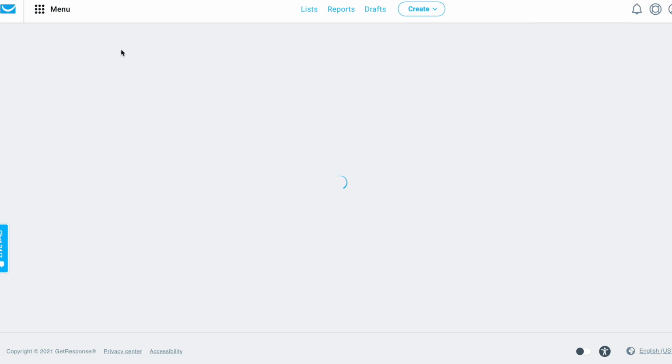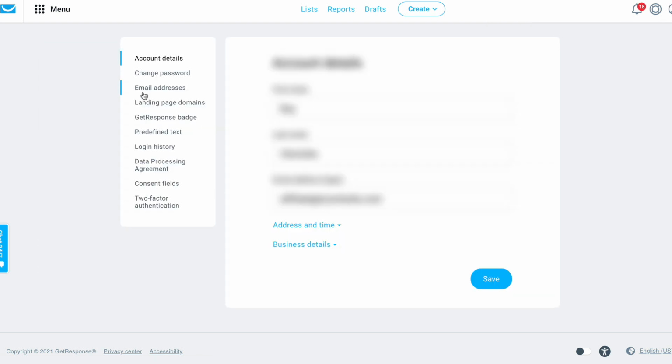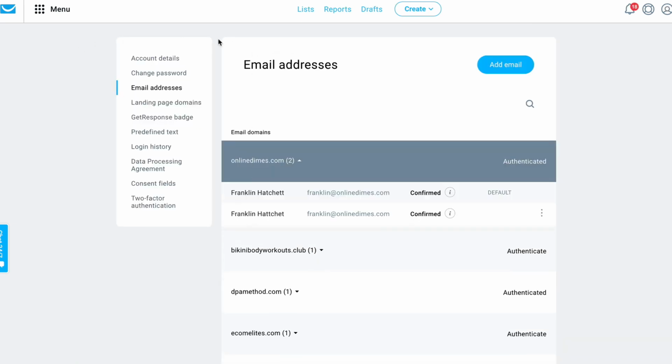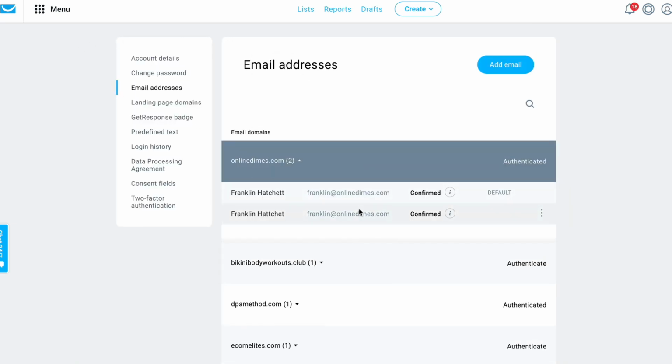This is the first thing you want to do, and you want to go to Email Addresses. And you actually want to go and put in the email addresses that you plan to send emails from. This is really important. You need to do this, otherwise you can't send emails. So go ahead and add the email that you want to send emails from. So what this means is, when you send an email, it's going to be from that specific email.